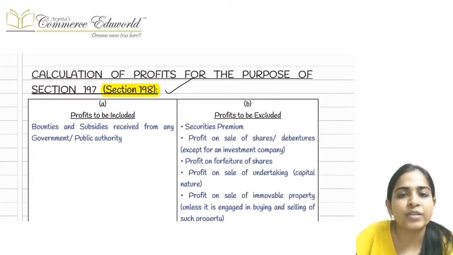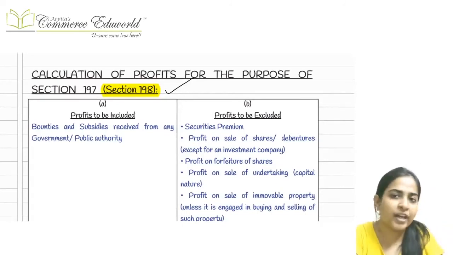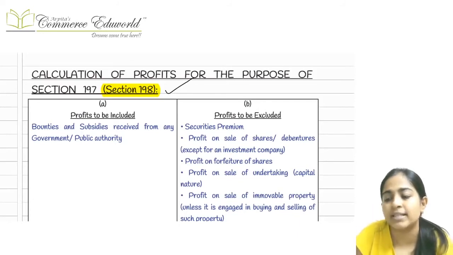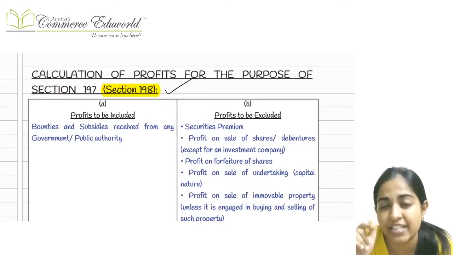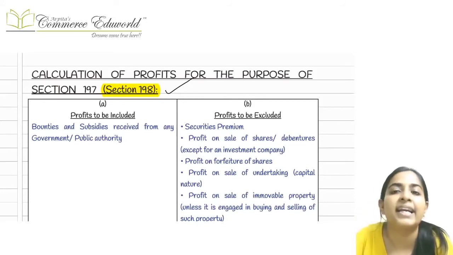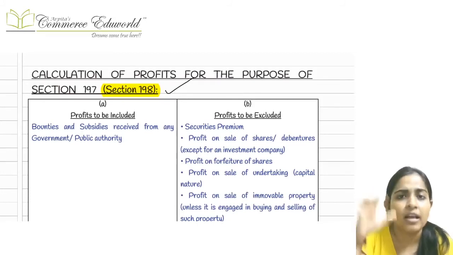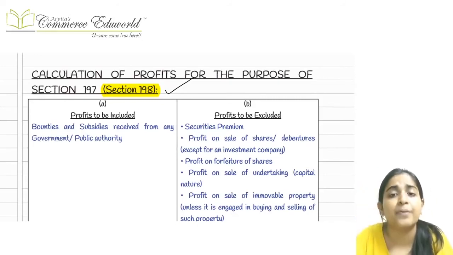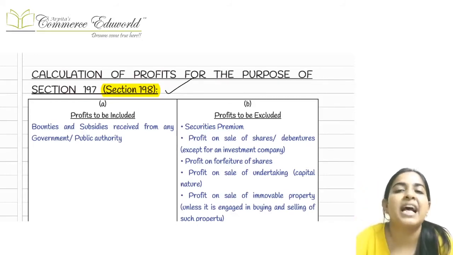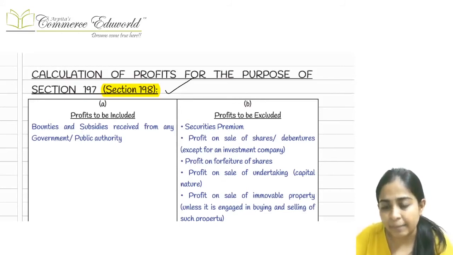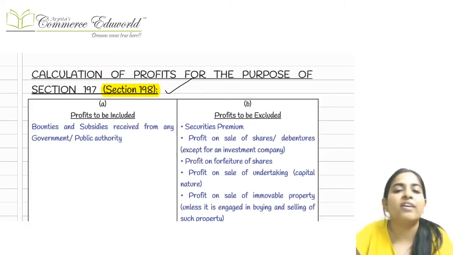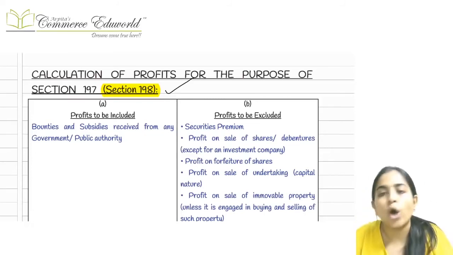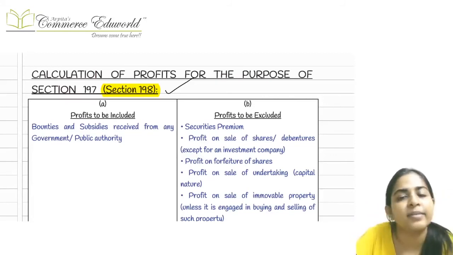Going on to section number 198, as we have already referred to section number 198 once, which was talking about section 197 subsection 1, when we were calculating remuneration as a percentage of net profit, 5%, 10%, 1%, 3%, that net profit will be calculated as per section number 198. One small conclusion which I can give you for section number 198 is that all the revenue expenses will be allowed from the net profit.